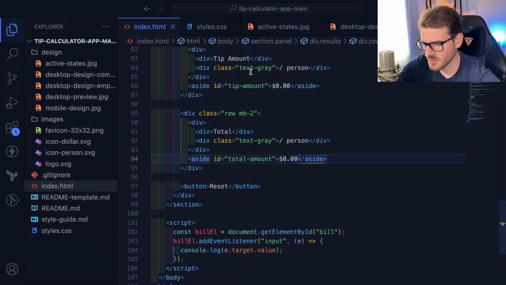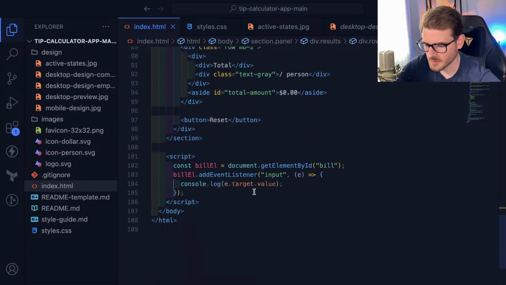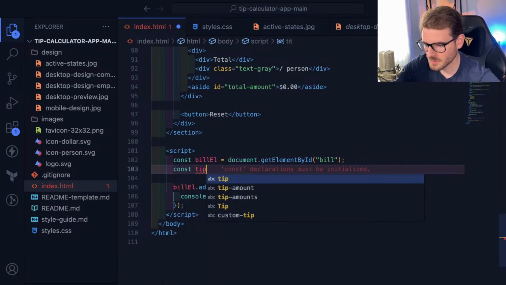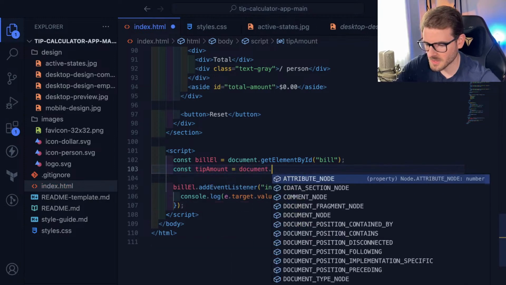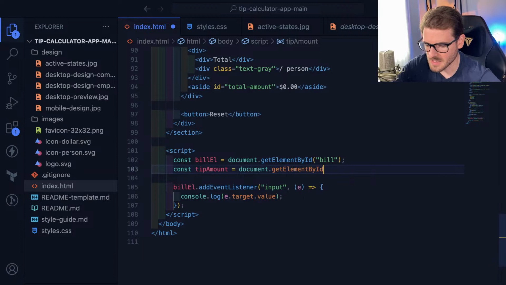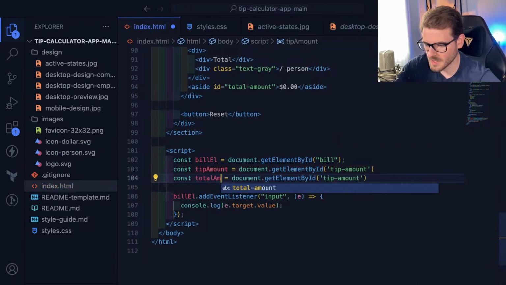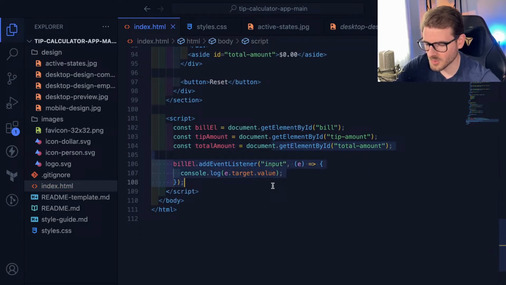And in fact, so that I don't have to worry about the money symbol, I wonder if I should just do a span inside of this. I don't know. All right, let's just do this. I'll say tip amount equals document.getElementById. Go ahead and do this, and then we'll say total amount. Okay, so when the input changes,